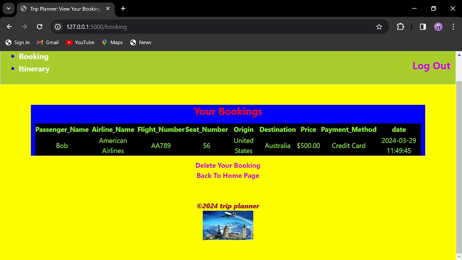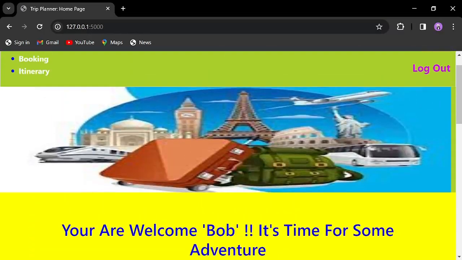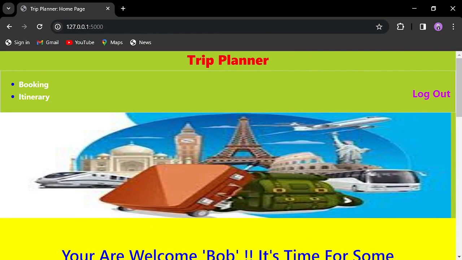And if it happens that this is not the flight of your choice, or like you booked it by mistake, something like that, you can simply come and just delete it from there and go back and book the flight of your interest. Yes, let's come back to the home page, and besides booking, you can see that you have also been given the privilege to search and view